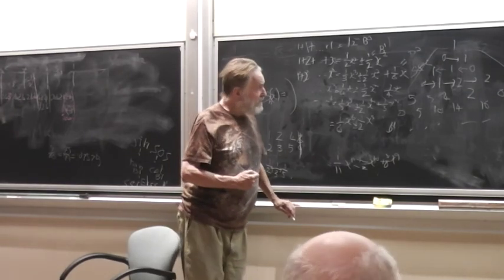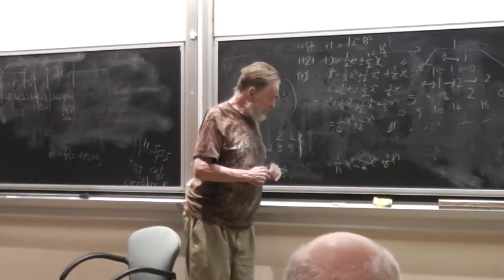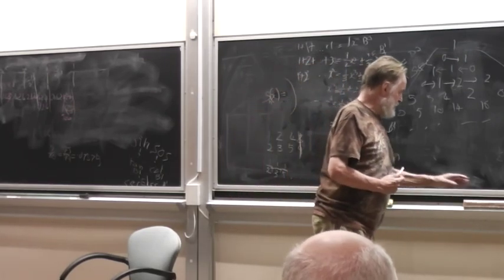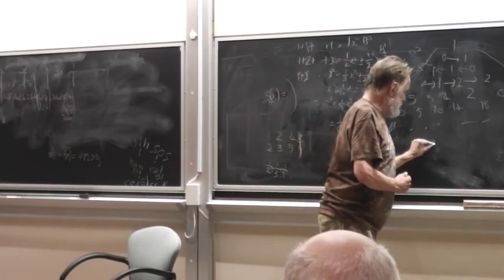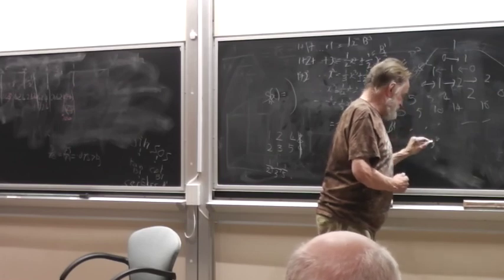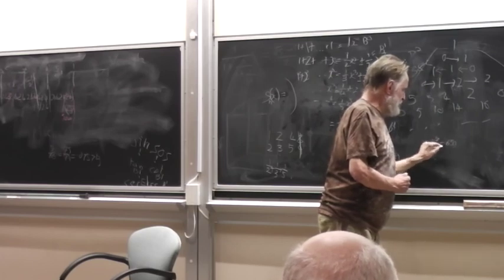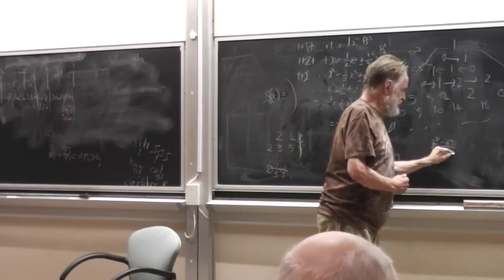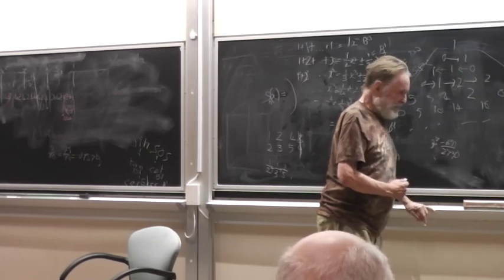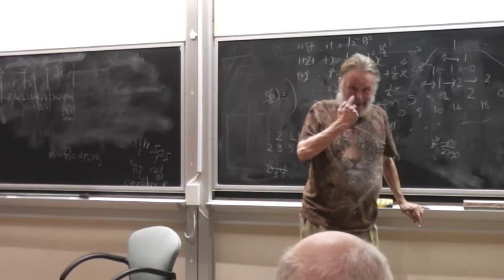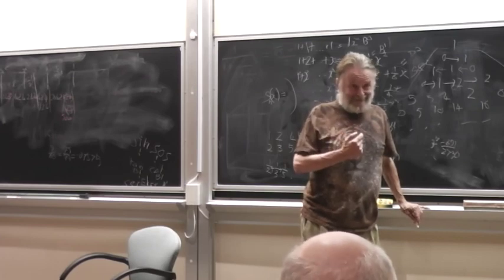B12 is a very interesting number. B12 is minus 691 over 2,730. Now, a theorem that I discovered recently, and then discovered it had been discovered a long time before, but